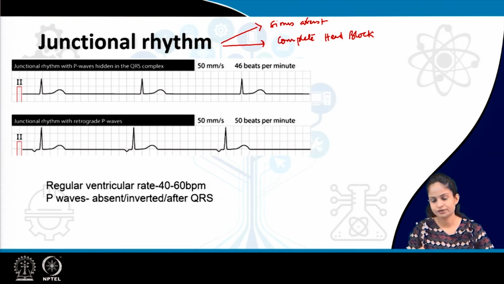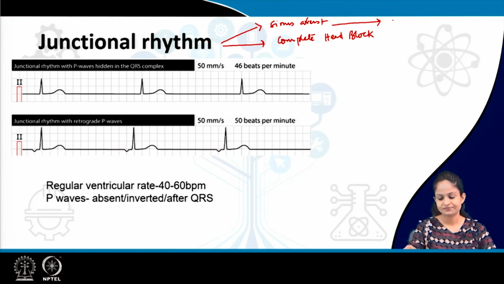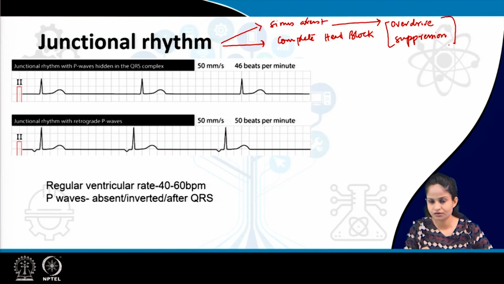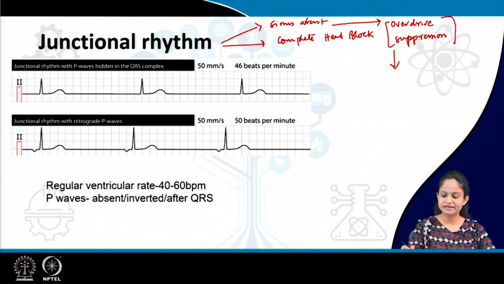after some time the AV node usually generates its own rhythm, which means the AV node escapes the overdrive suppression. This is a term I have already used: whenever the SA node keeps a check on the other tissues, it is suppressing the other tissues from generating their own rhythm. The SA node usually generates its rhythm because of its fastest automaticity, but whenever this rhythm is not generated by the SA node and the other nodal tissues escape this overdrive suppression, they will beat on their own rhythm, and this is known as escape rhythm